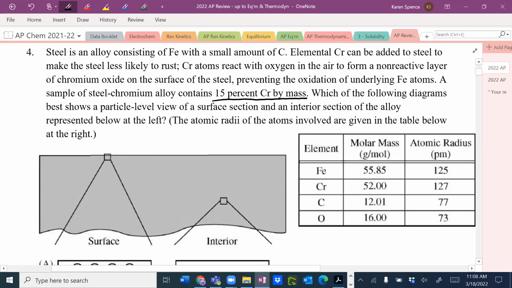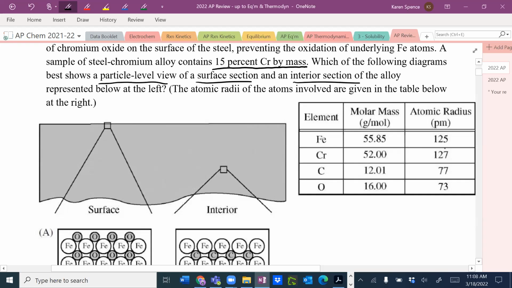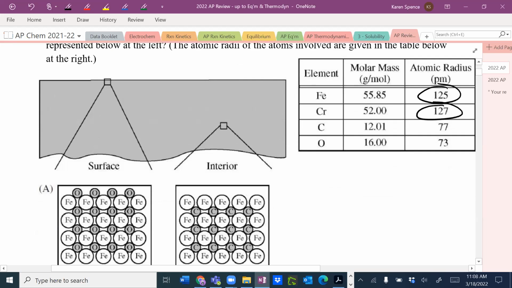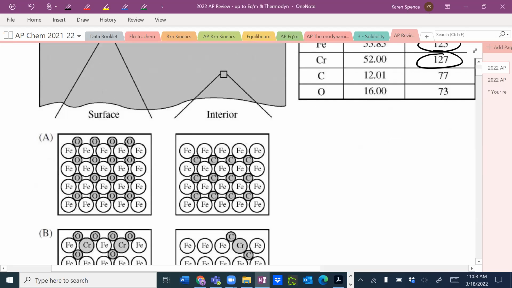Which of the following shows the best particle level view of a surface section and an interior section? The atomic radii are given over to the right. So we have iron and chromium have approximately the same atomic radius. And we want to see,